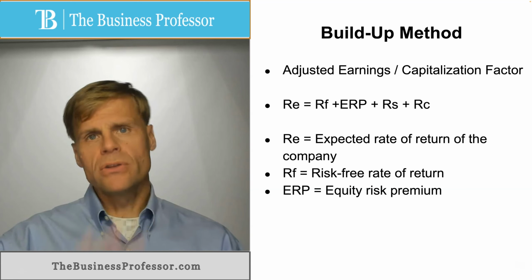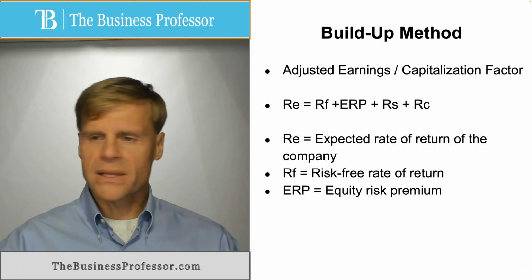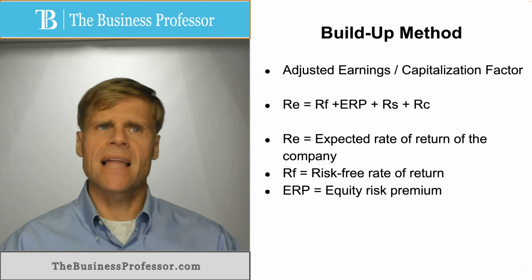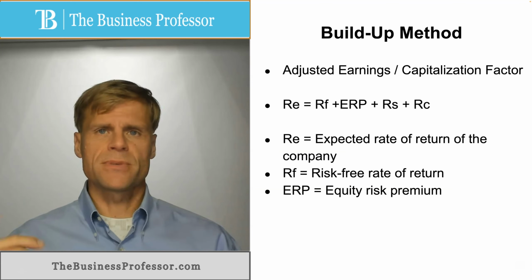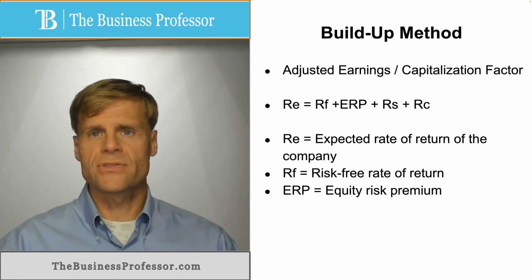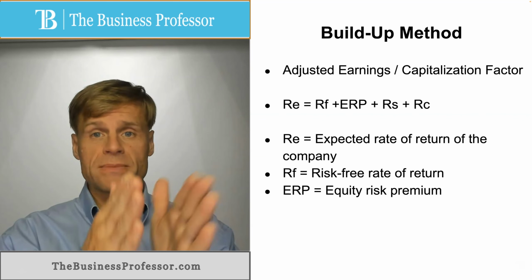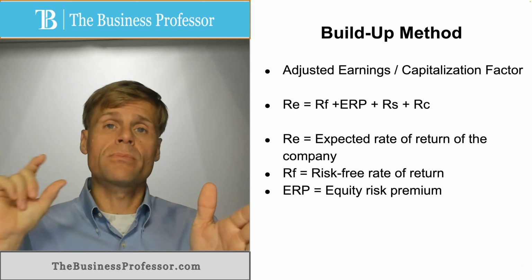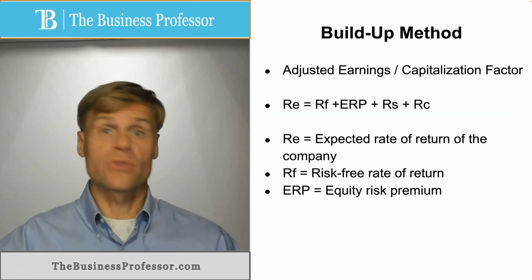Now you can actually look at industry betas. These are put out by trade groups that focus on specific industries that analyze the risk of default of companies within a specific industry class or field. So you can try to pull the betas from there and identify the equity risk premium. So you would add that to the risk-free rate. And so risk-free rate plus some premium of return that you'd expect for the amount of risk inherent in this